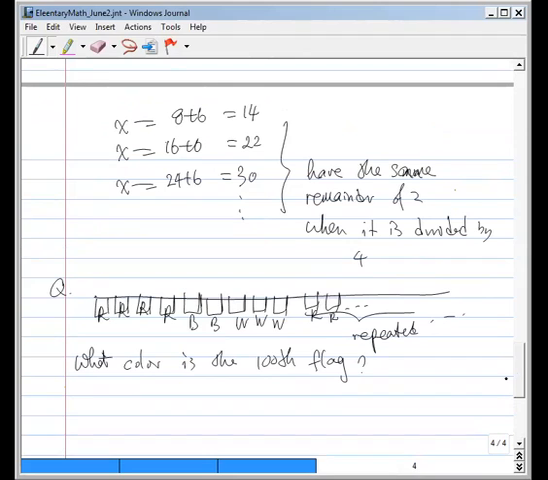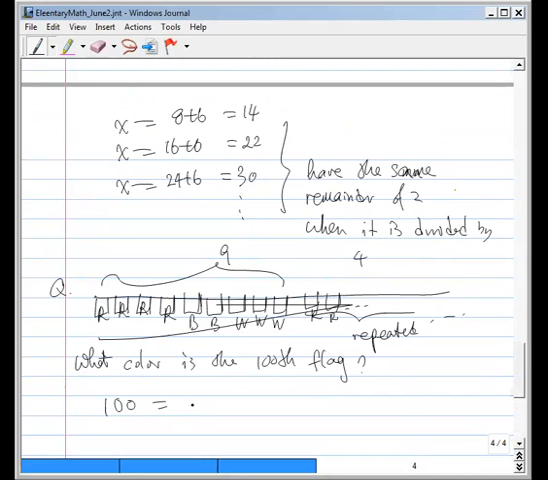Yeah, what color is the 100th flag? Okay, so you needed to know in each group how many flags there are. 9 flags, right? So 9 flags. Each block, there were 9 flags. So this block is repeated. So 100